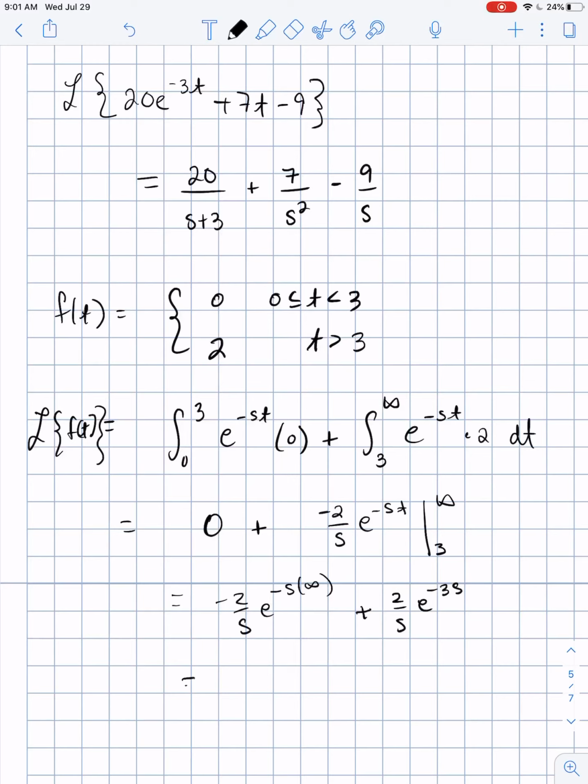So we wind up getting 2 over s e to the negative 3s, and that would be your solution for this piecewise. So just be careful with piecewise. You have to kind of break it down, and if it's not in the right form that we like, we can't